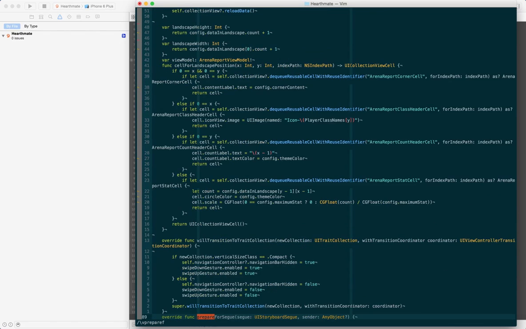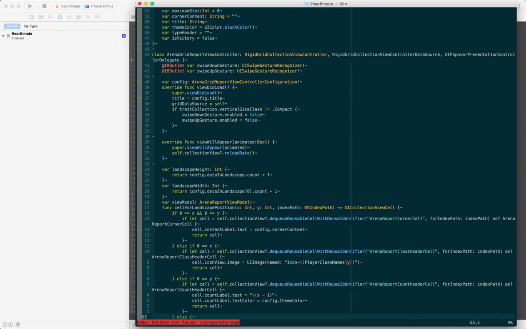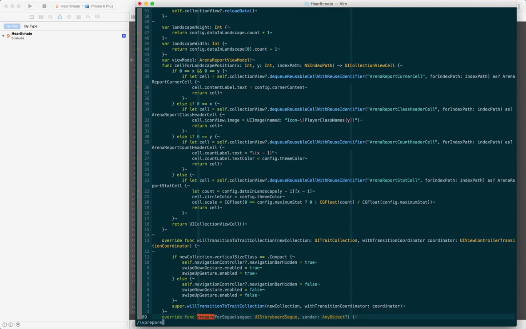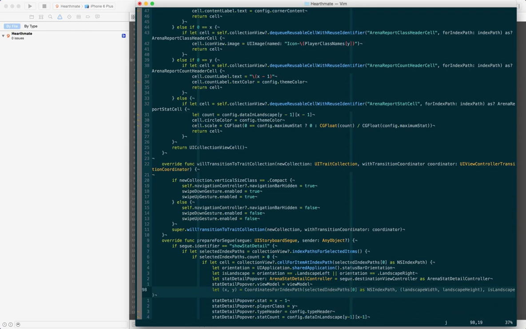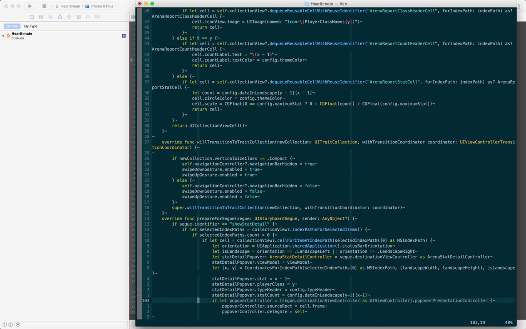So I have prepare for segue, right? Show stat detail. At some point I have to have stat popover,